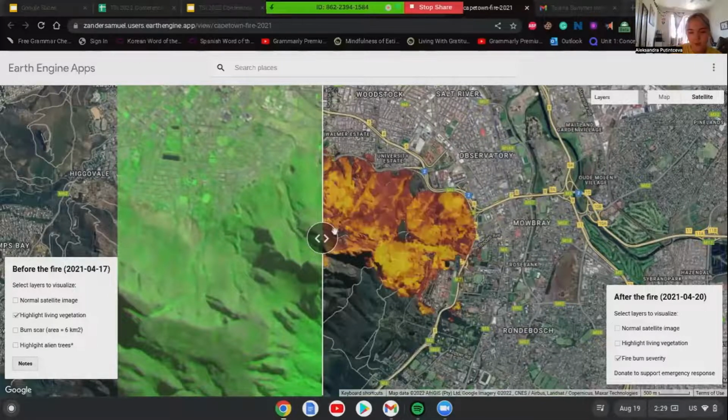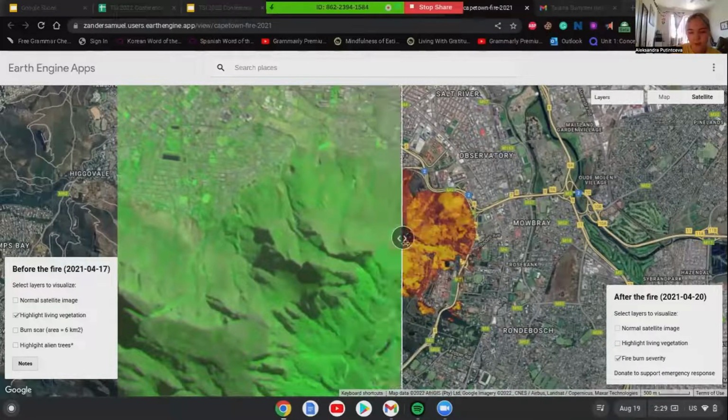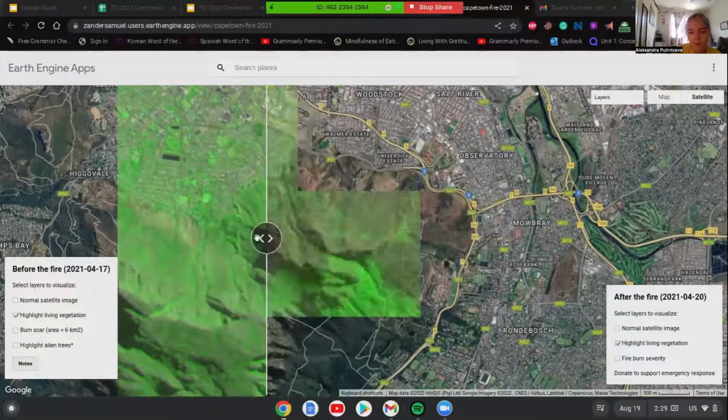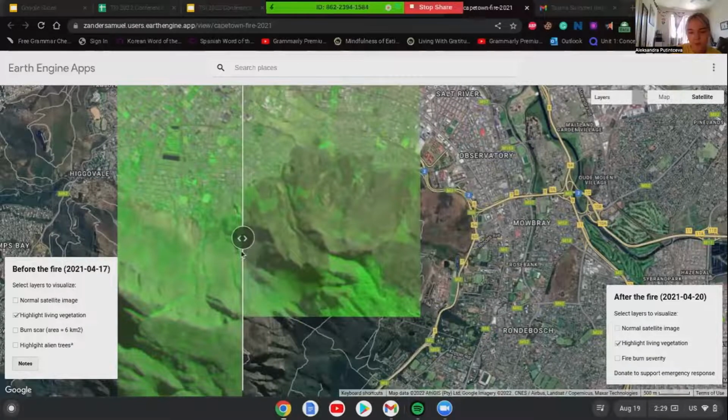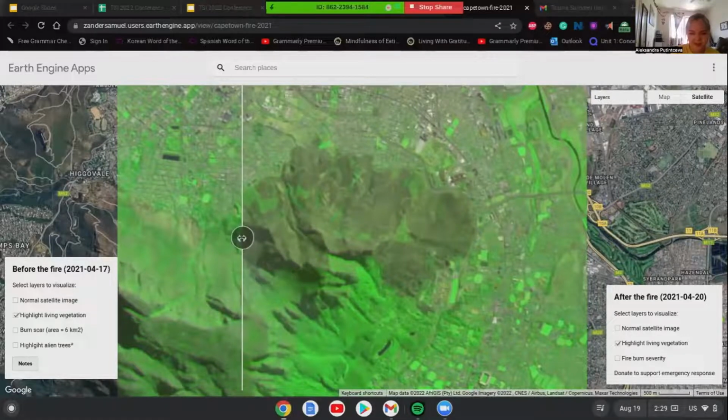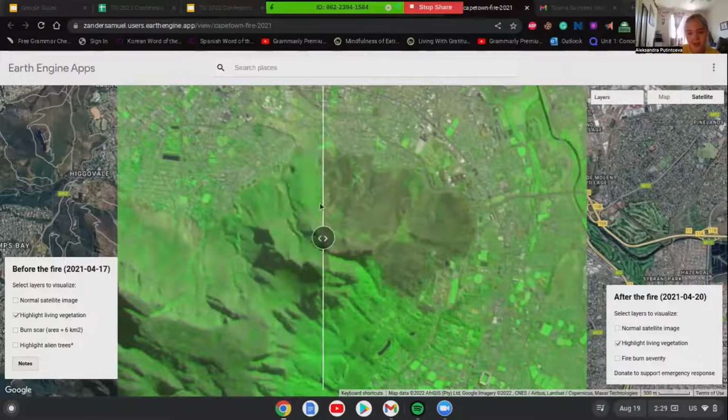This is the vegetation before, and this was the fire, and that was the vegetation after. And it's really similar to what I thought. So I was so proud of myself that it worked out. But as you can see, he told me they're still recovering. It's been over a year, and there are still a lot of places not growing, and it also affected urban areas. For example, the Cape Town University was burnt to a crisp. The library had so many historical books that are just not gonna be brought back because they were burnt.